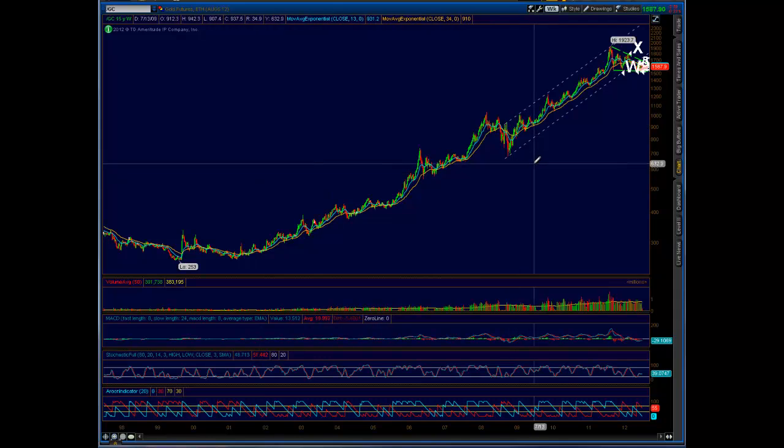Good afternoon, everyone. I'm going to do an update on the chart of the gold futures, and we're looking here at a weekly chart, but we're going all the way back to 1998. The reason is because I wanted to emphasize the uptrend, or the parabolic uptrend, that gold has been in.